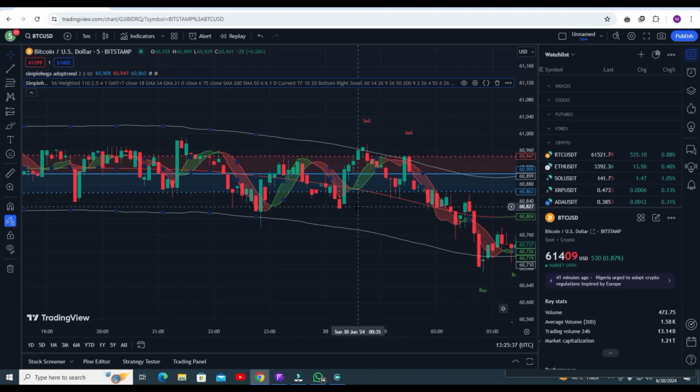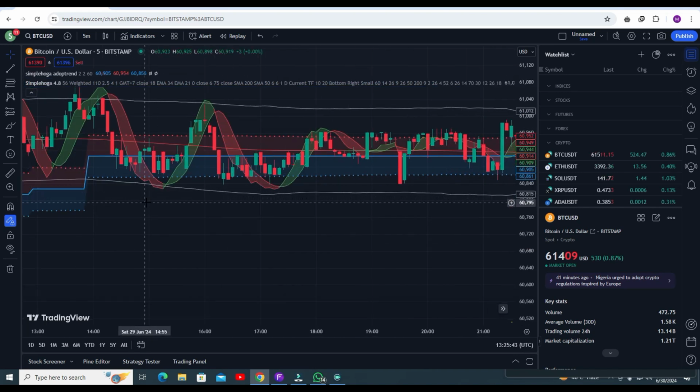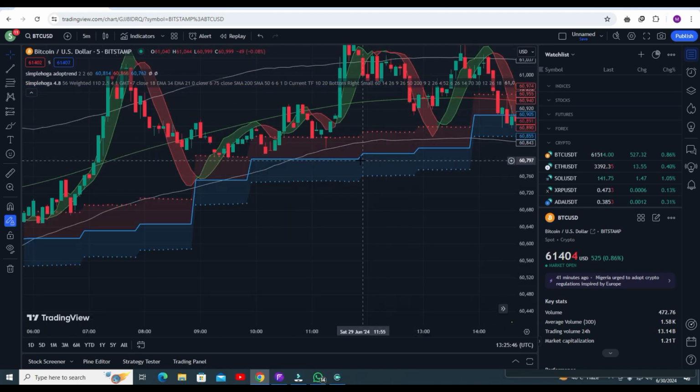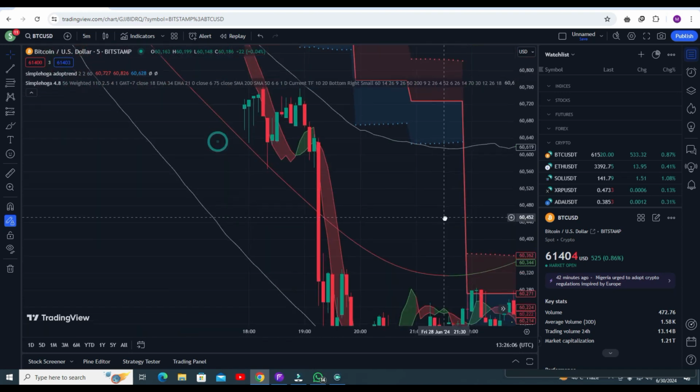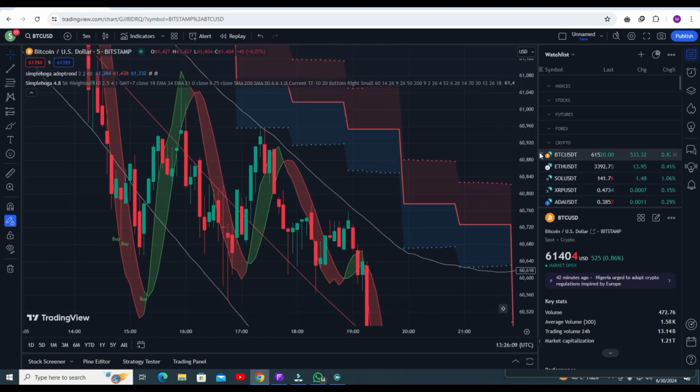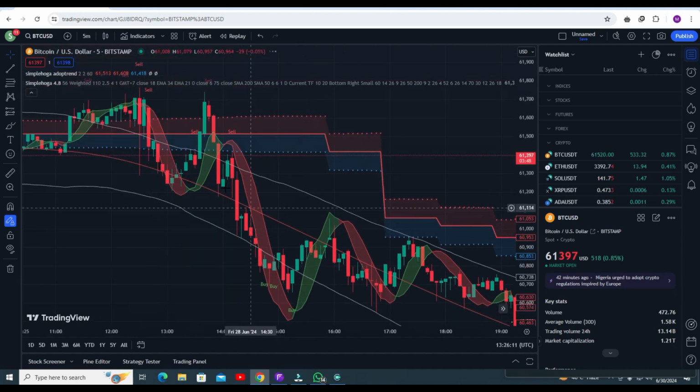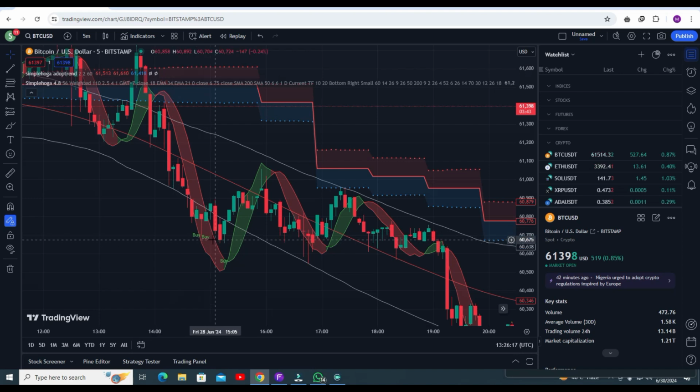So I need to explain how this strategy works and how you can get the perfect signal. Mention here, this is the trend line. If the trend line is blue, that means you have a buy trend, and you need to go for buy trades, only buy trades. Do not go for any sell trade if the trend line is blue. If the trend line is red, let me show you. Here you can see the trend line is red. You have to follow only sell signals. Like this one you can go for the sell trade, like this one you can go for the sell trade, and you are getting awesome profit.